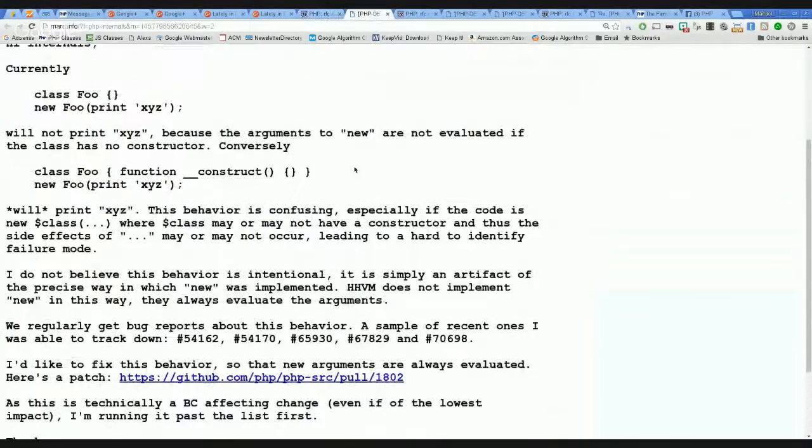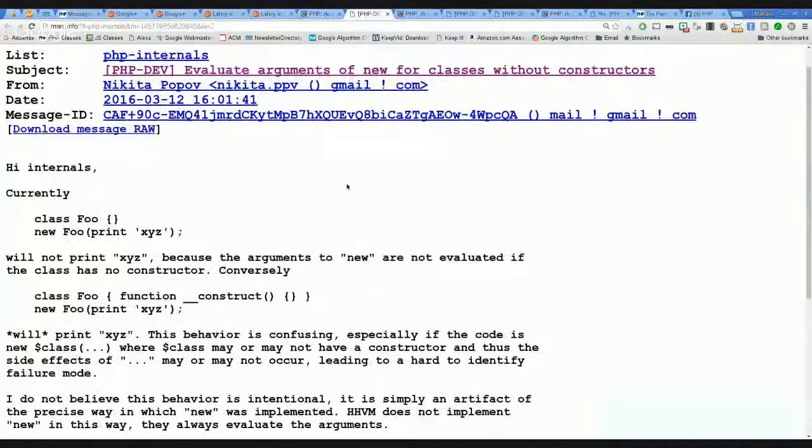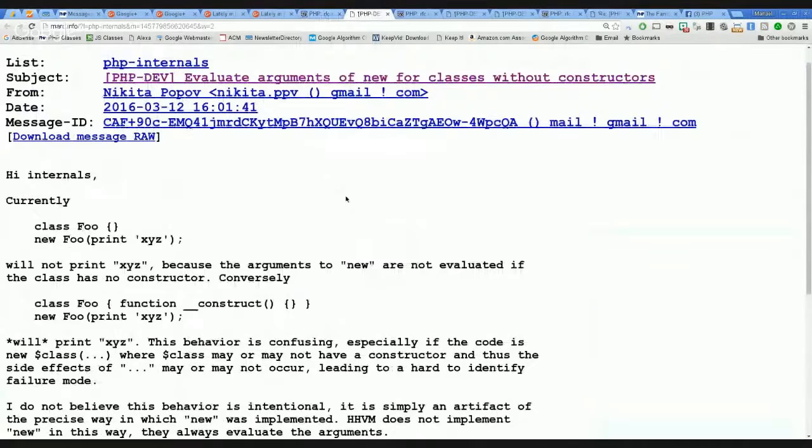Another discussion that is going on is about an inconsistency that Nikita Popov found in PHP: if you have parameters in a constructor call, but the class that you are creating does not have a constructor, the code in the parameters is not evaluated, and the idea is to somehow make it more consistent.